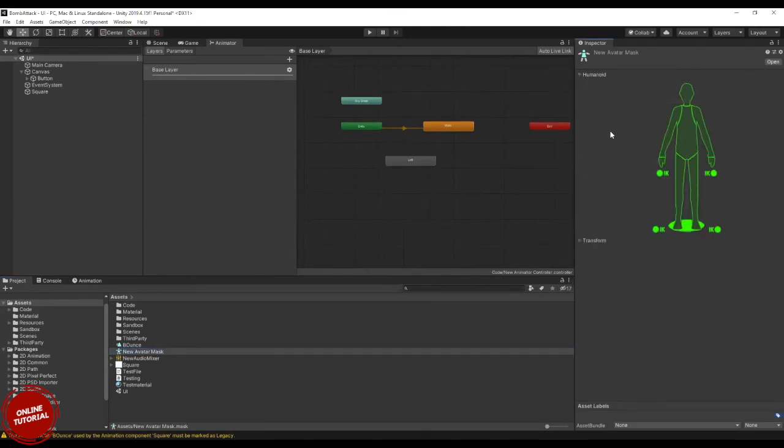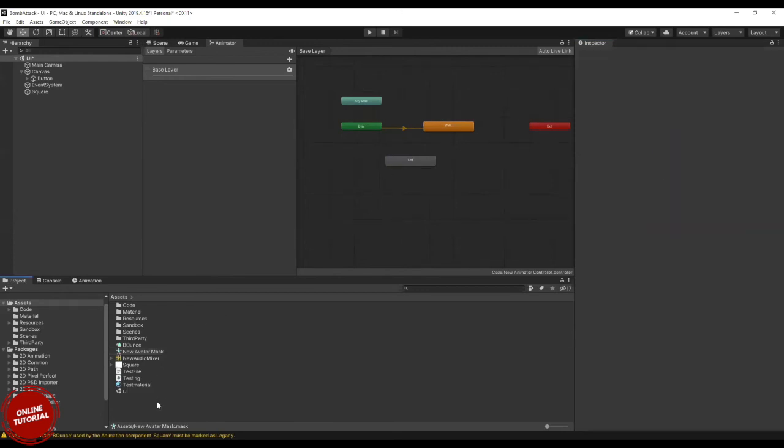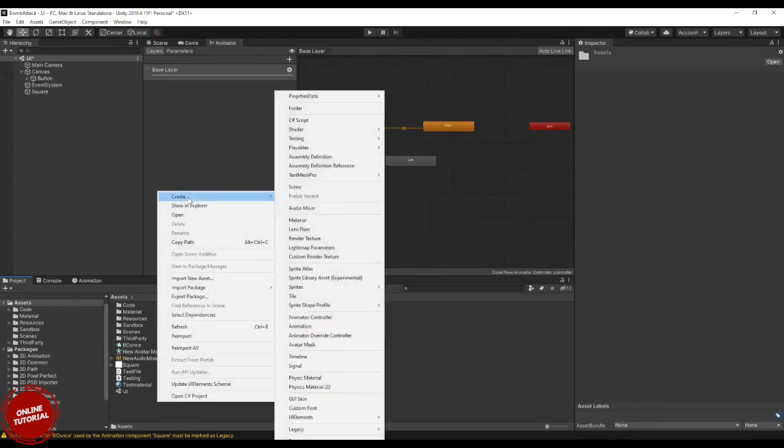So this avatar mask you can apply on any character. Imagine in your game a few characters don't need to move their hands. Only these animation parts will be animated, but they shouldn't move hands. So you will apply this mask and you can give the restriction to the respective parts of the body, and you can apply this on any character which you want to act in that way. Okay, and that is the avatar mask.